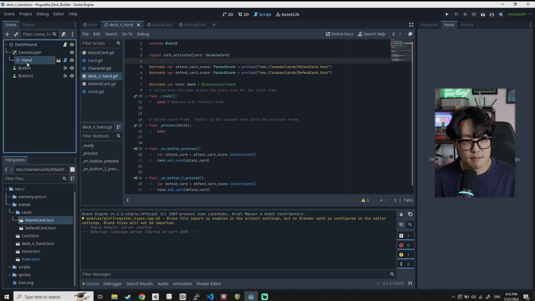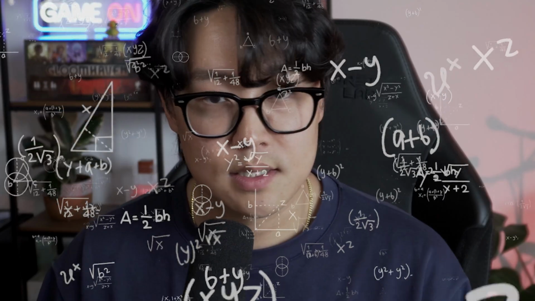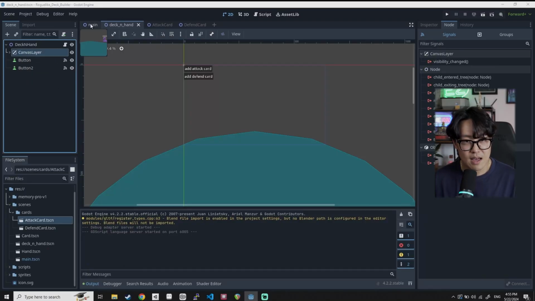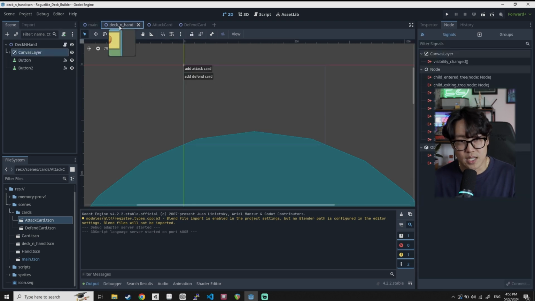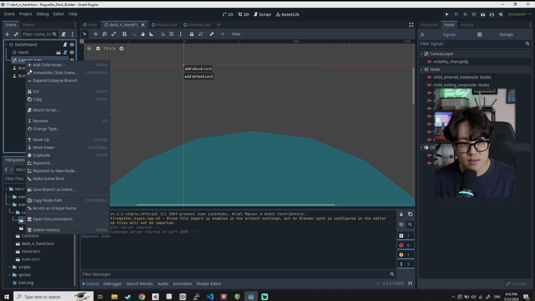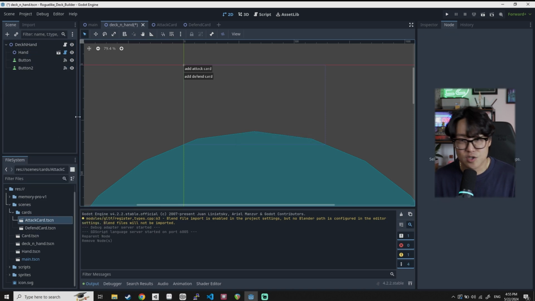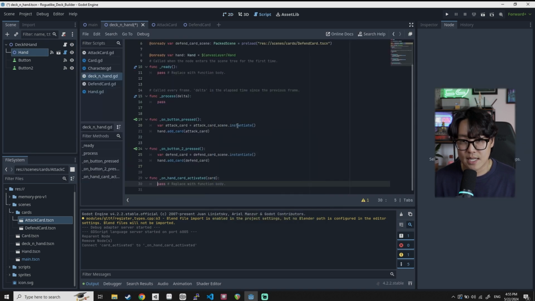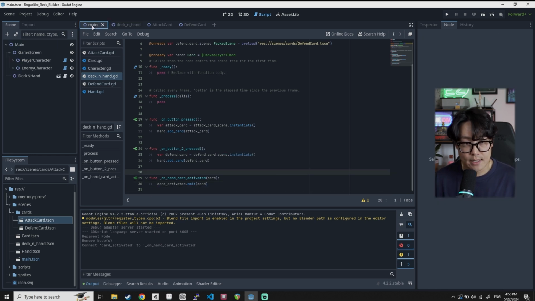And we're going to make it so that when the hand, now that we have all this set up and we have the main here, which will have to have its own canvas layer, I don't think we need the hand to be in the canvas layer. So I'm just going to pull it out and delete this. I'm just doing a little bit of cleanup here. Anyways, so I'm going to double click on the card activated and then make it handled by deck and hand. And I'm going to emit that exact same signal, like so. So that when I go to the main,